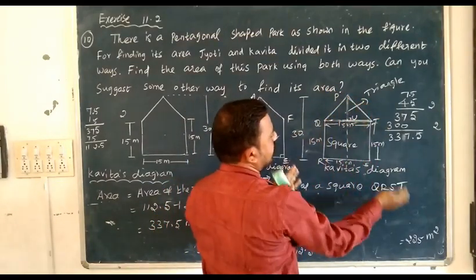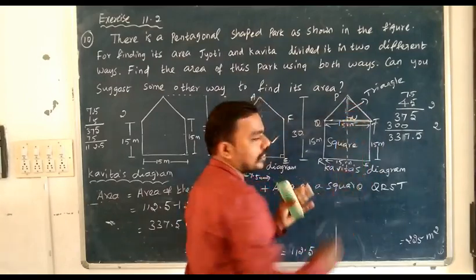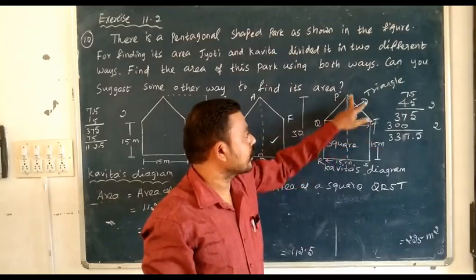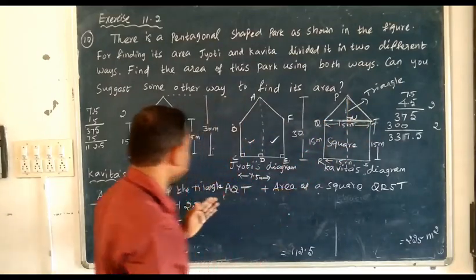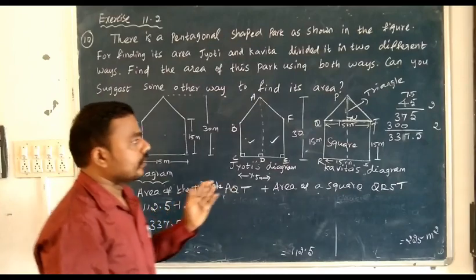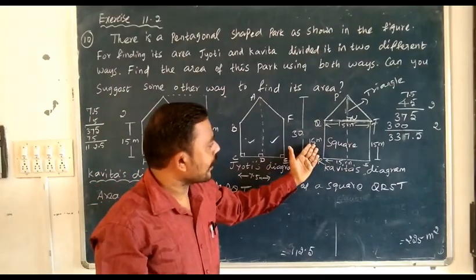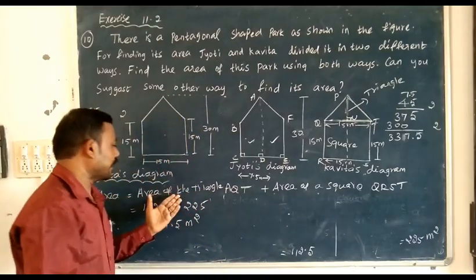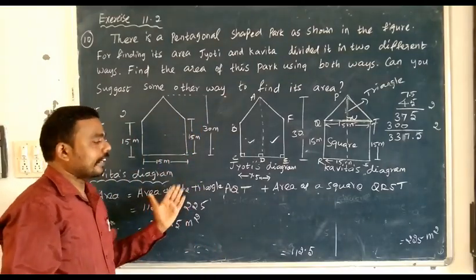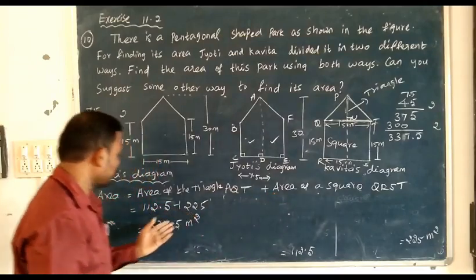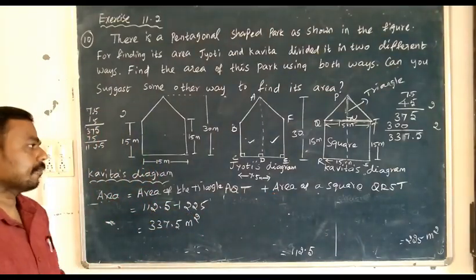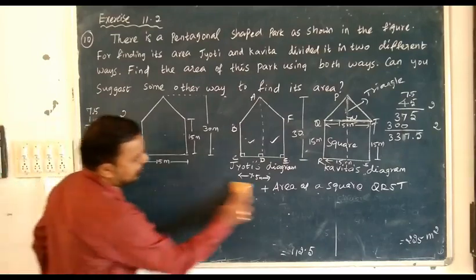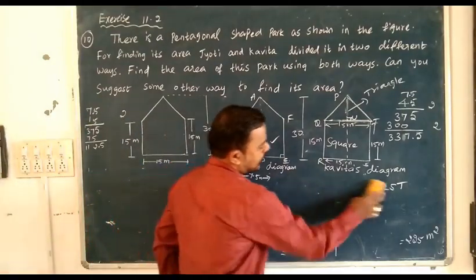So this one is a base. Where the perpendicular meets, that line is a base. So base QT, and this is a height. So I have written here base and height. For the square area, all the sides are 15, so A equals 15. So area of the triangle you can directly write 1 by 2 base into height plus A square. Substitute your values and you can find this answer. Right, so this one is over. Both answers are equal, so whichever way, you can write the answer.